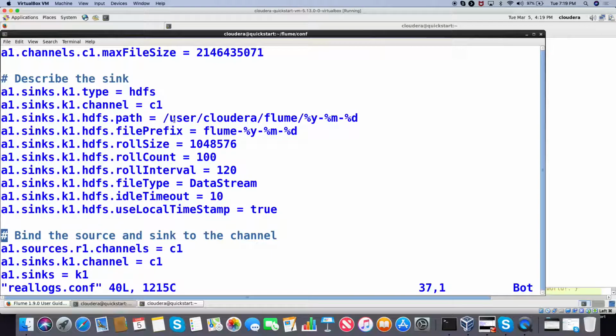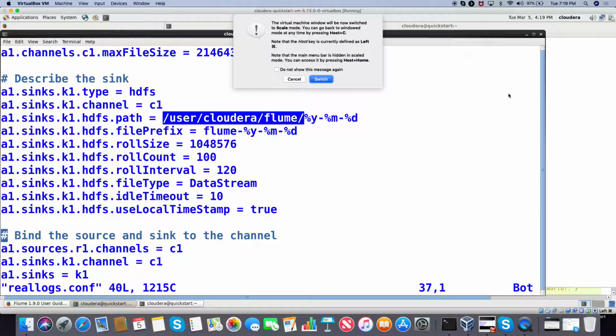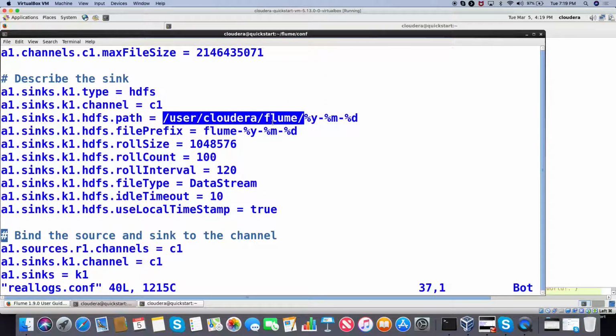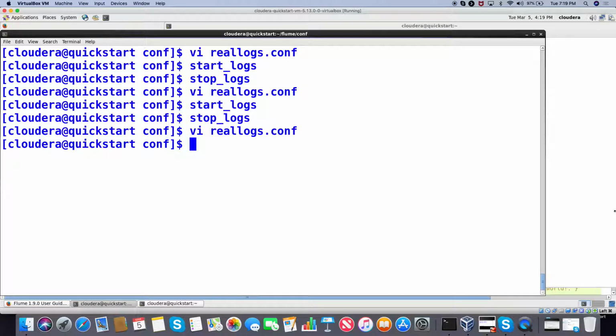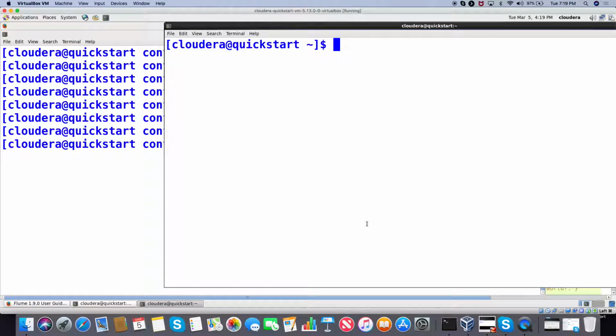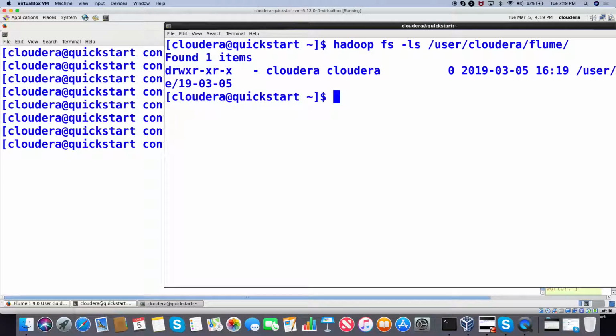Okay, it is inside user_cloudera_flume with the date stamp. So, copy. hadoop fs -ls. Right click, paste. You should see the timestamp now. Look at that, 190305. And now if you look inside,